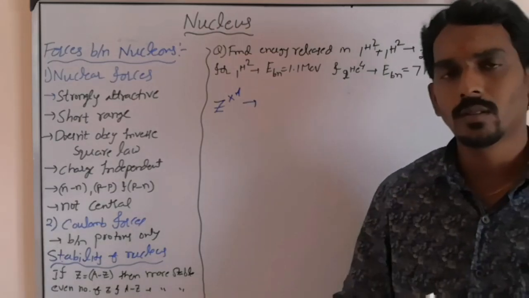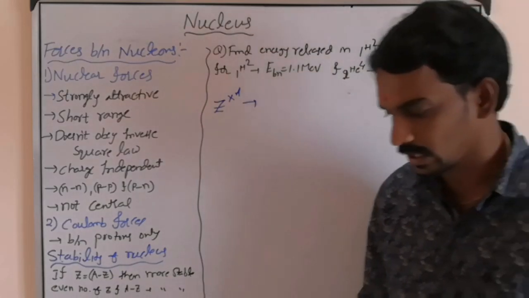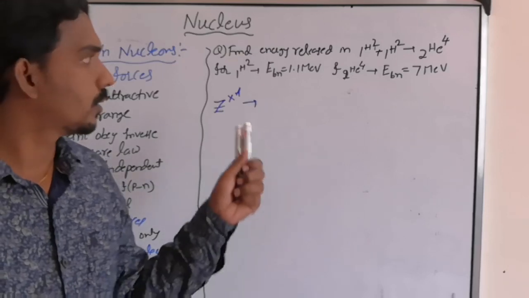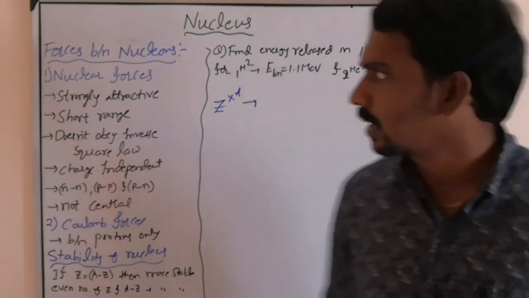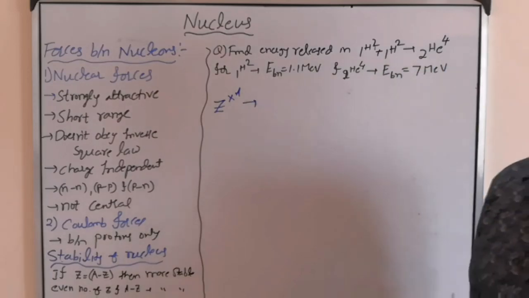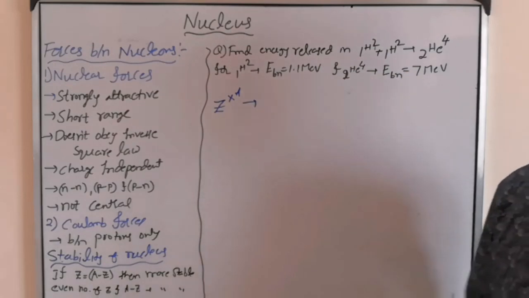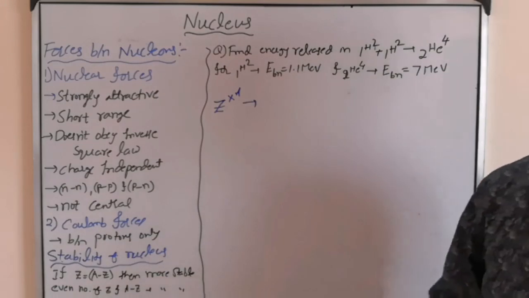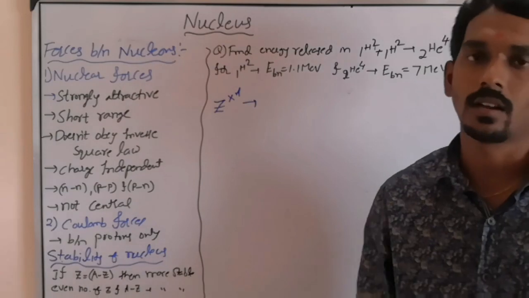Now, one important type of model question we need to understand. Sometimes reaction-based questions related to the nucleus are given from the entrance exam point of view. So what is that? See here, 1H2 plus 1H2 gives 2He4. Generally you will see chemical reactions, but here is a nuclear reaction. Two nuclei combine to form one more nucleus. What is 1H2? Deuterium.